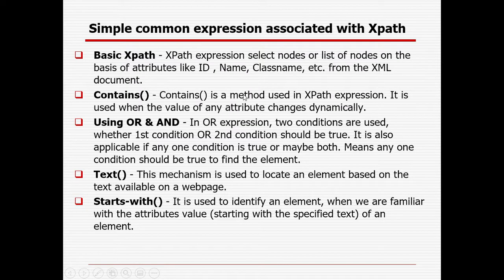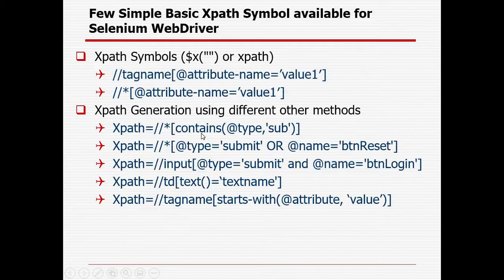So we can create basic XPath in case we know the ID or name. We can create XPath with the help of the contains keyword using or and and operations. In case we are not able to identify an element with a particular unique identifier, we will use two identifiers through which maybe we can uniquely identify it. We can also create our XPath with text or starts-with. Here are the syntaxes.